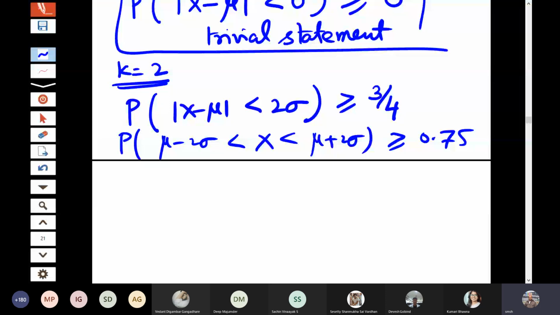But in general also, most of the values are concentrated between mean minus thrice the standard deviation to mean plus thrice the standard deviation, whatever be the distribution. And this is what we observe when we look at the performance of students, the performance of the economy, the agricultural production, and so on. So what is the spread of the distribution, that is known from here. In that sense, this is one of the very, very useful results. So let me just take up one or two simple exercises here.